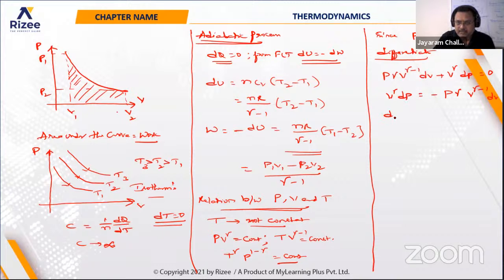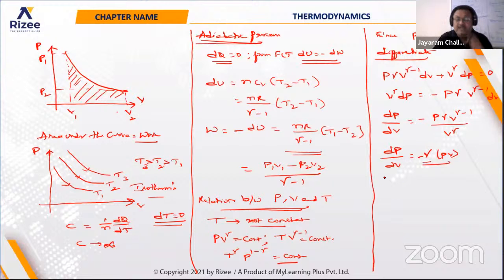Now I'm trying to get the slope here. That is dP by dV, which is the slope, is equal to negative of P into gamma into V to the power of gamma minus 1 by V to the power of gamma. So dP by dV is equal to minus gamma P by V. So this extra term gamma is available. Due to that reason, the steepness of the adiabatic process, the graph between the pressure and the volume curve, will be more than the